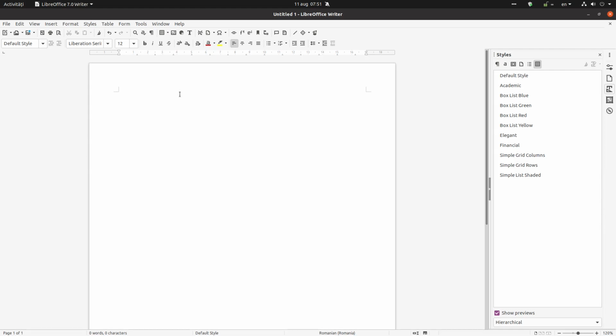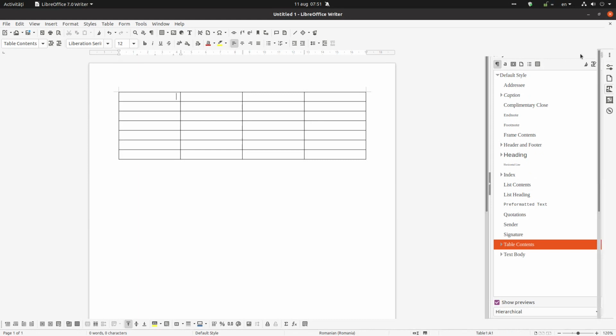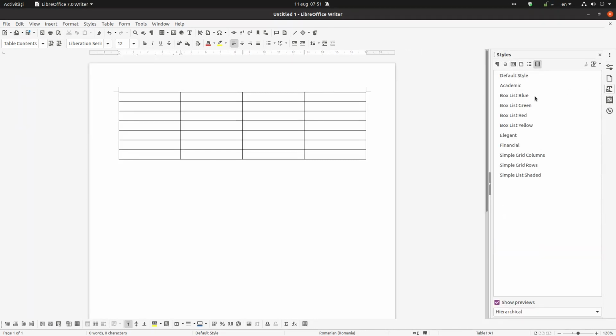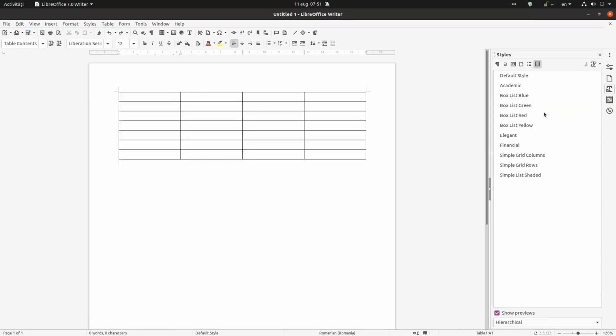Hi. In a previous episode, we talked about inserting a table and applying these styles. Let's see, first we go here, styles, table styles, and we double click on our style we want to apply. But today we want to have our own style, not the default style created here. So let's create a style for our table.